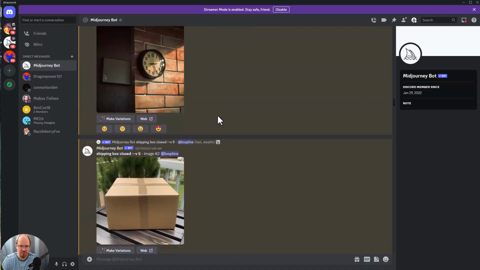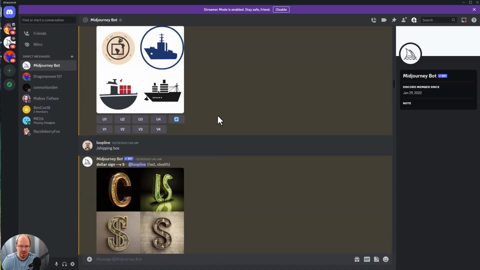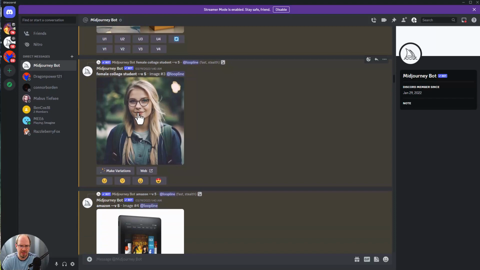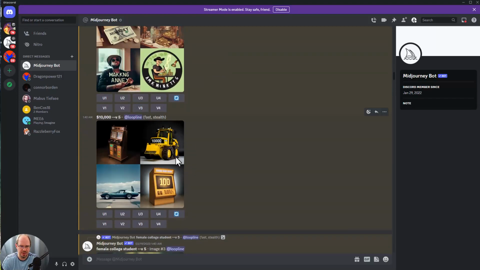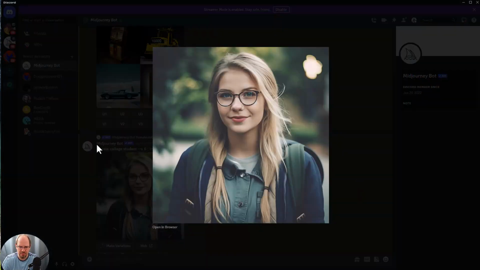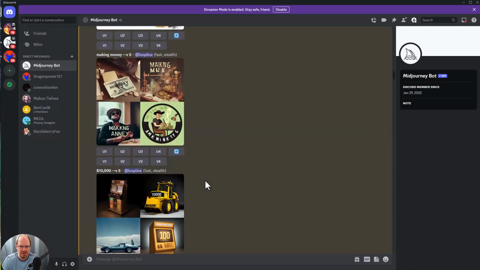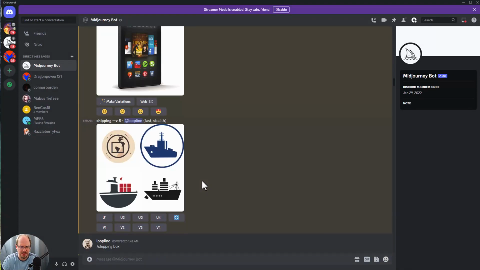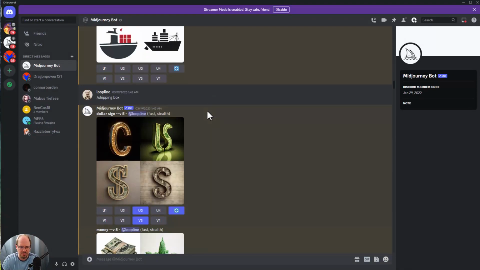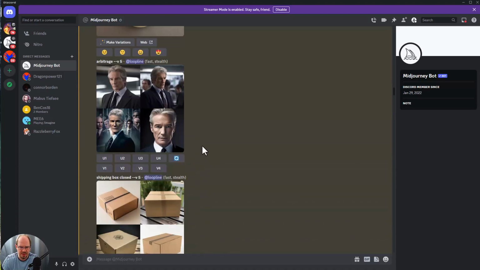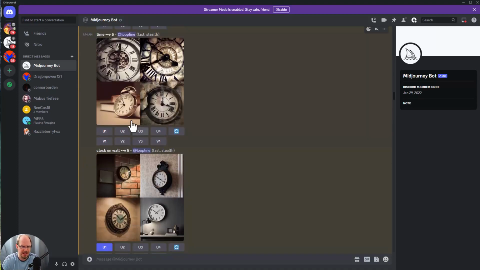This stuff right here, as we go up, like this girl here, which is totally AI generated, even though it looks pretty realistic on the whole, and you can even get more realistic than this. You can ask for different things like Unreal Engine and all these sort of things that are pretty realistic, and you can ask for highly detailed nonetheless. So I've got the college student, and let's see, I got some professionals. I use this one right here for Amazon. I use some money sign, professional, the boxes, and I actually made a video.